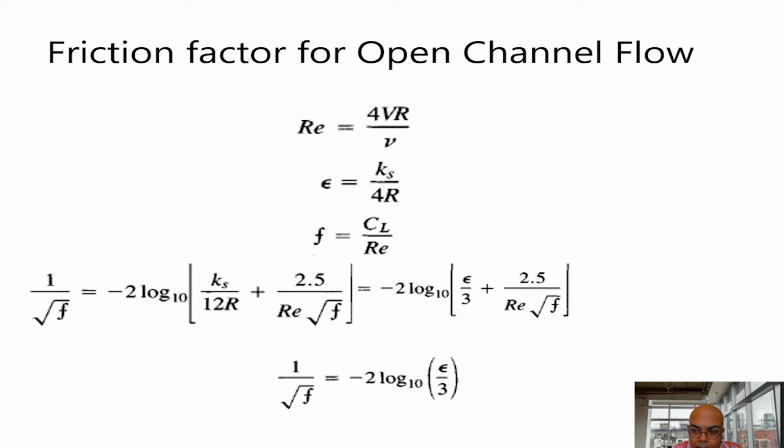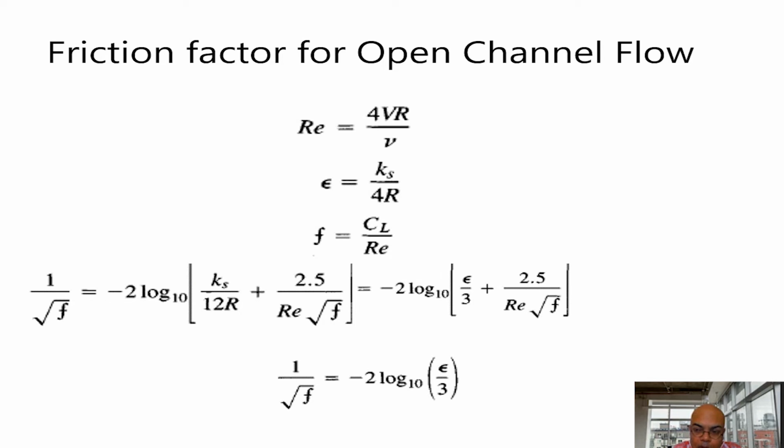Okay, and when we design a canal, the canal takes a certain flow rate, and that flow rate is a function of the friction factor. Suppose for a given channel cross section the friction factor is high, then it carries lesser discharge. Suppose the friction factor is less, that means it's a very smooth channel, then it carries higher flow. So for designing any open channel flow, we need to find the friction factor.